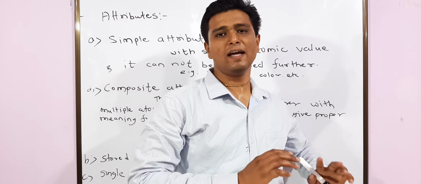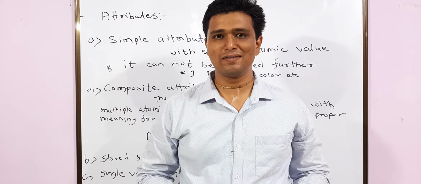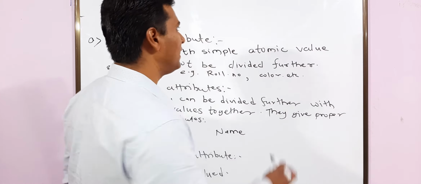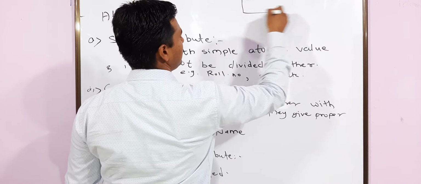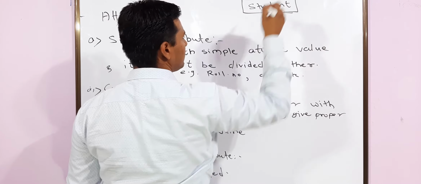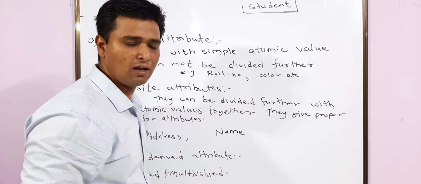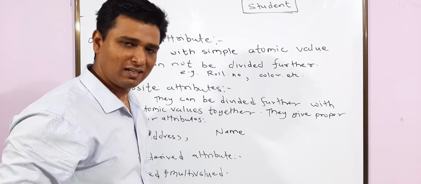So we will study attributes today. Okay, so let's understand what the attributes are. As we studied, an entity has attributes. Let's say one of the entities can be a student. So student is a physical entity. Okay, and there are two types of entities as we have seen, physical as well as logical. Physical is tangible, while logical is intangible.